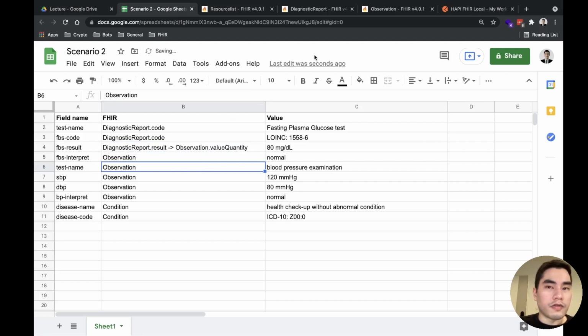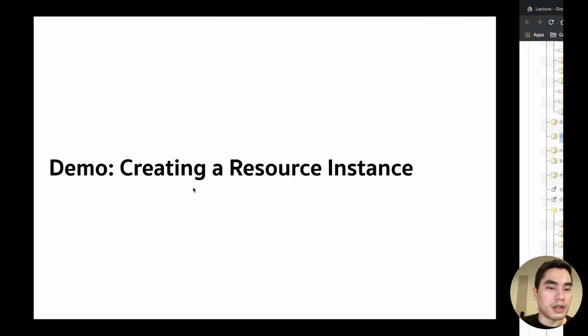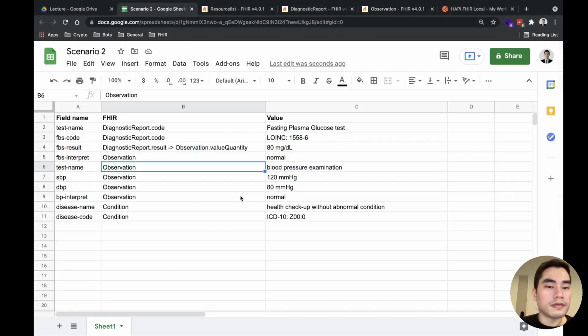And for the fasting blood interpretation here, it's observation dot interpretation. I think it's done for the first thing.